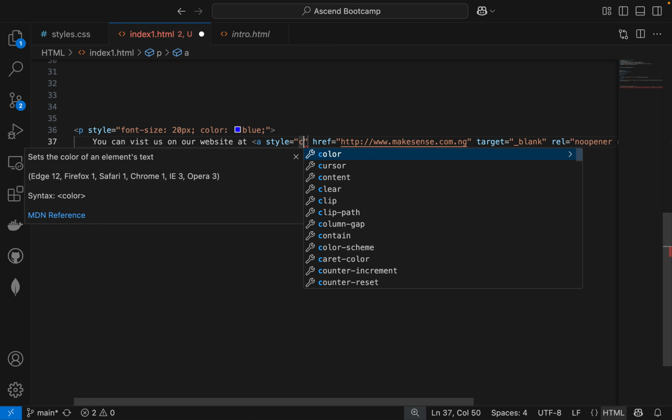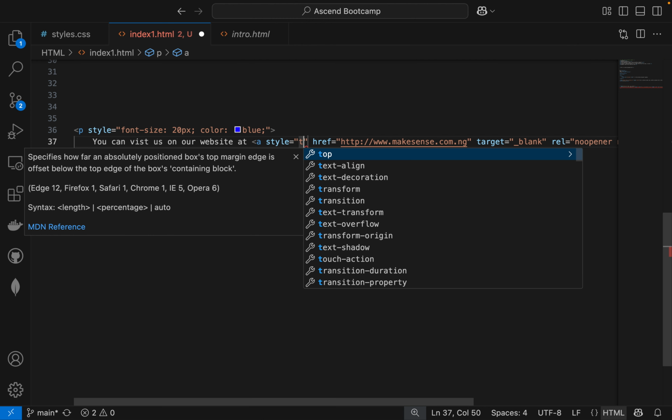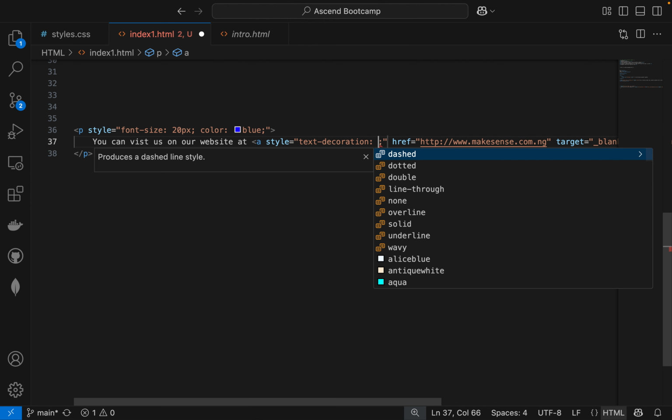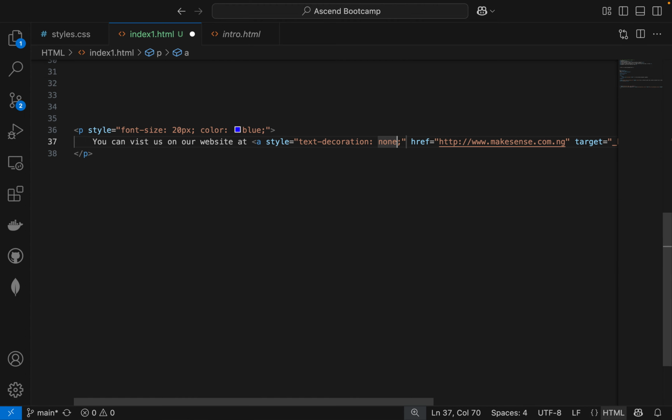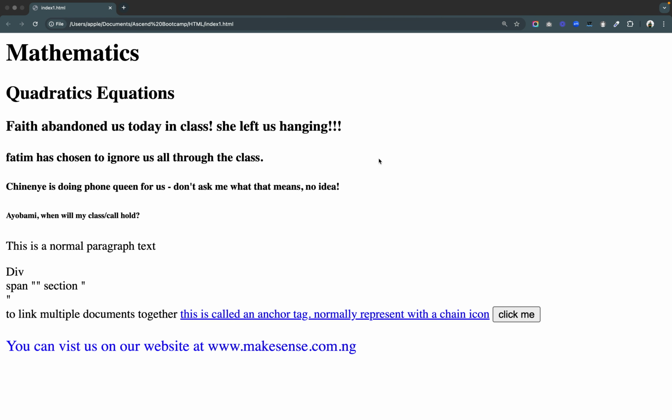Tag decoration. One of those names that actually doesn't match. Don't worry, guys. Like I said, all these things with time and use, you would remember them,